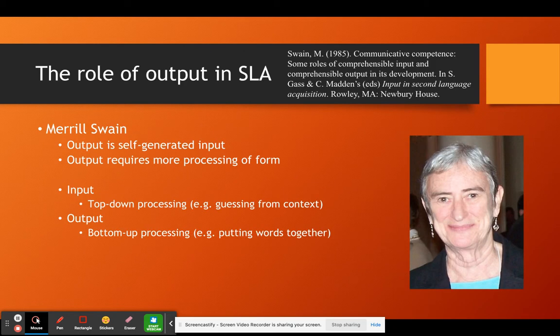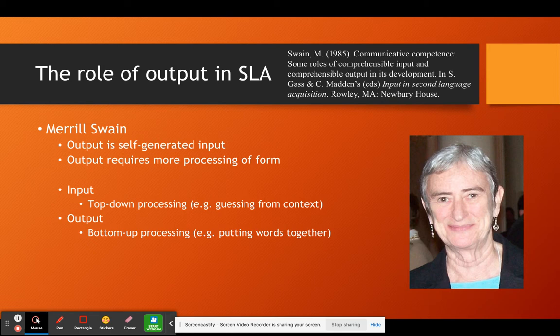The focus on output in SLA largely comes from the work of Merrill Swain. Swain, like the other researchers we've learned about in this lesson, started off simply trying to build on Krashen's idea of input-based SLA. Krashen, as you may recall, did not think output really helped language acquisition, except that it might be self-generated input. In other words, according to Krashen, a language learner could hear himself speak, so speaking was also input, and that's how it helped.